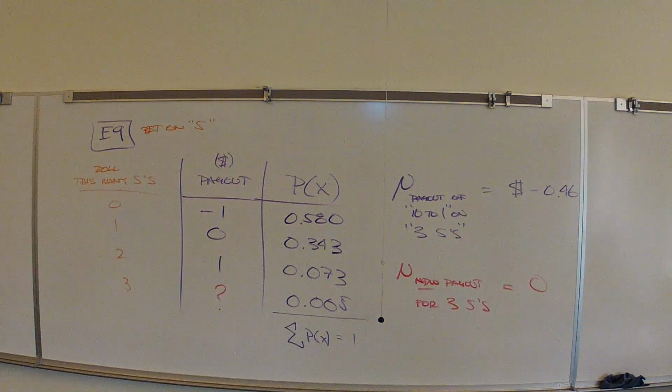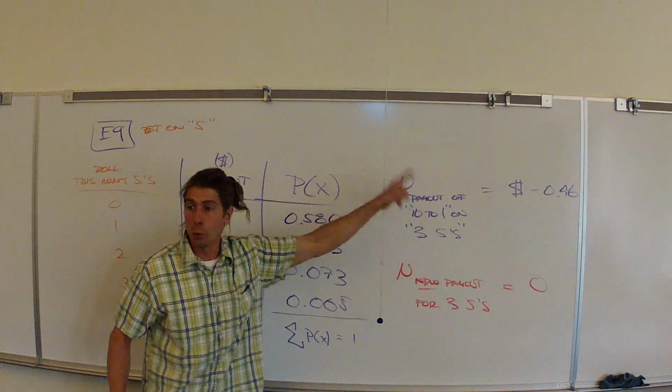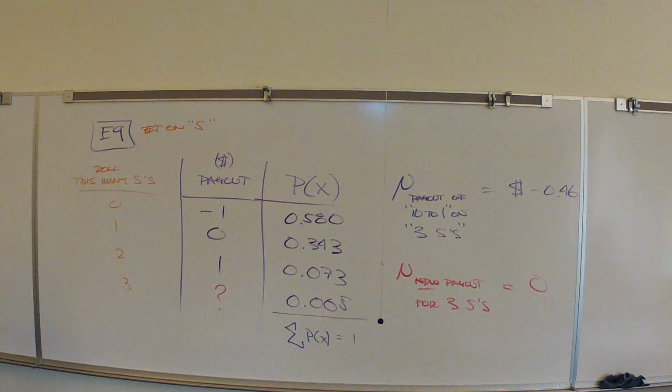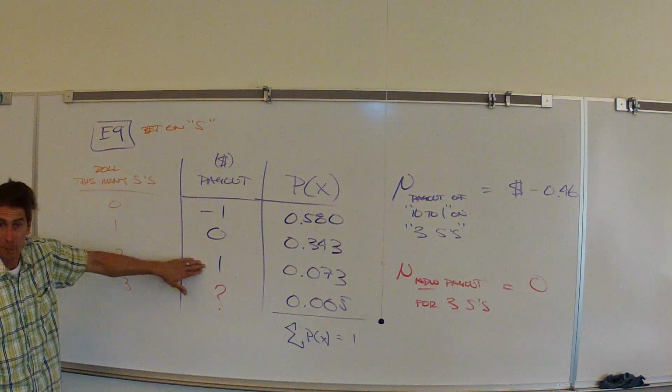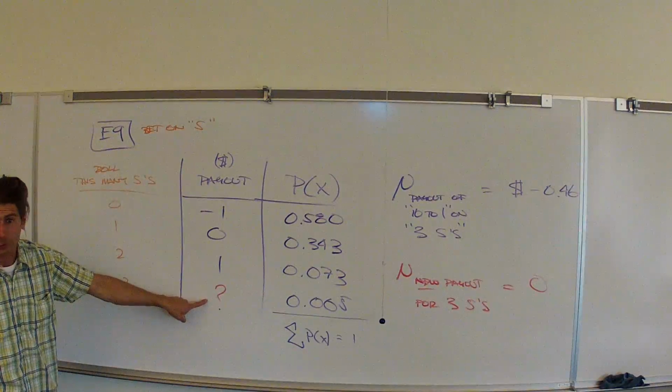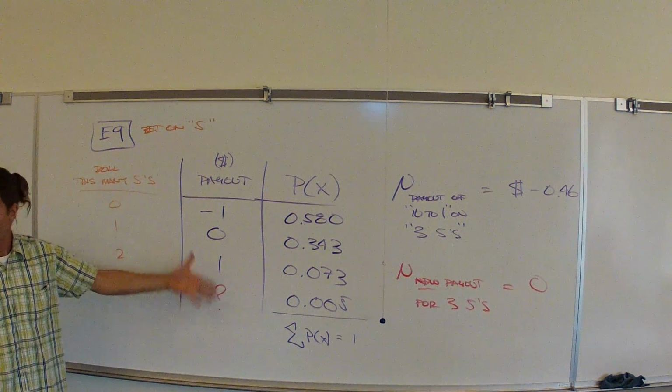Ryan, what do you think? I'd say more. Why more? Because when you win it, it will raise the average. The idea is we have to raise the average. It's negative right now. The only way to raise the average is to make it less negative. That means we have to pay the player more to bring the average up. And if these aren't changing, that's got to be higher in order to make the payout pay out.